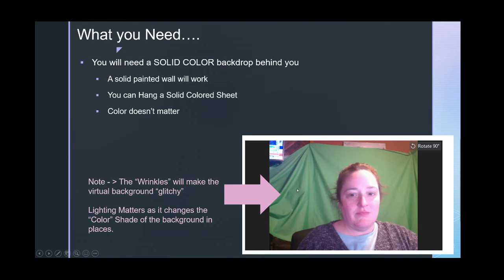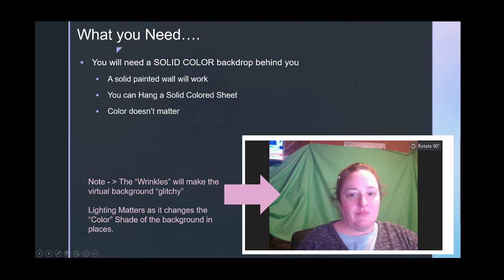So essentially what Zoom is doing is it's picking a color value that it wants to replace with an image. And if you just look at the wrinkles, we go from light green to dark green to spots that could almost be considered a brown. So that confuses it, and what happens is the background image might get a little glitchy. It's okay, but if you really want to go for gold, you can really try to get a straight, clean,